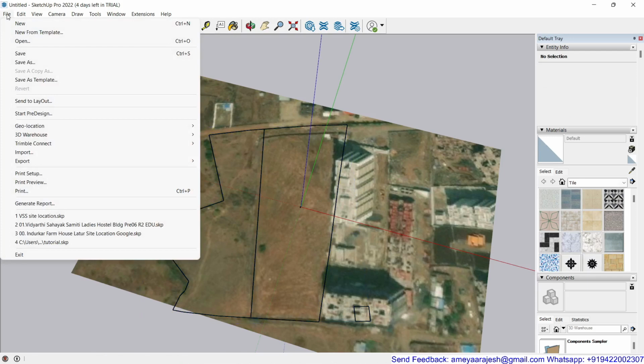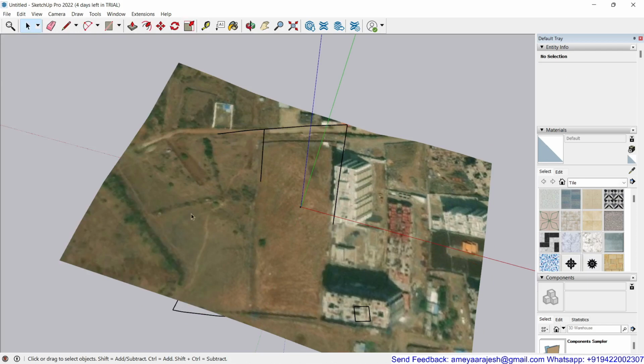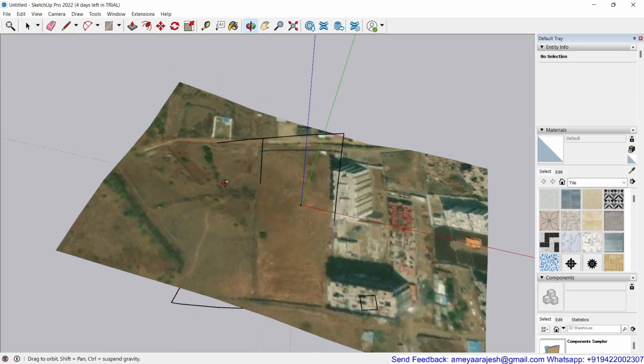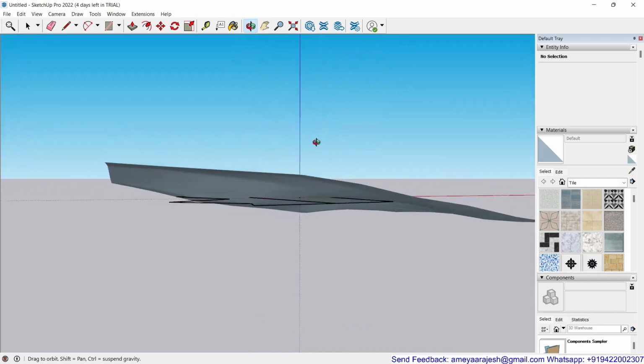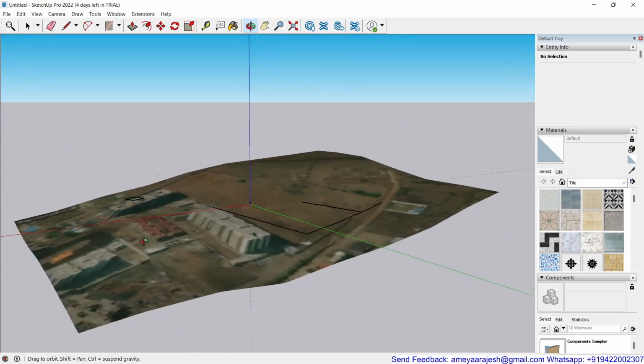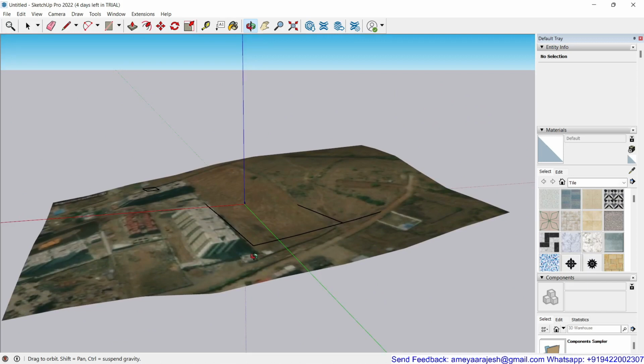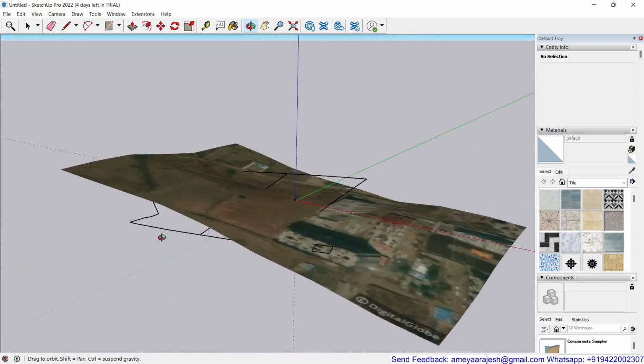If you go inside the same pull-down menu File, in Geo-location, and say Show Terrain, you will be amazed to see the variation you now get in the contour level for the selected region. You can check how steep the slope is between the start point of the site and the uppermost level of the location which we have chosen. This is again a very important step, because by using this technique only you are going to export this data which is compatible for ArchiCAD.